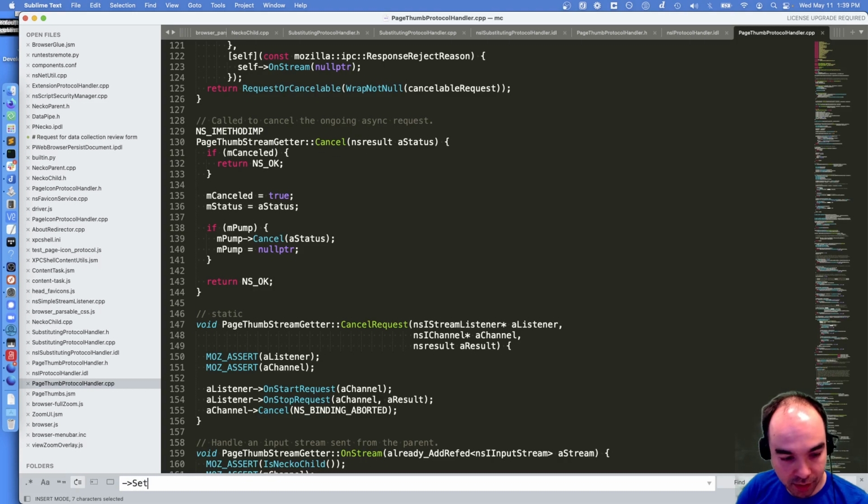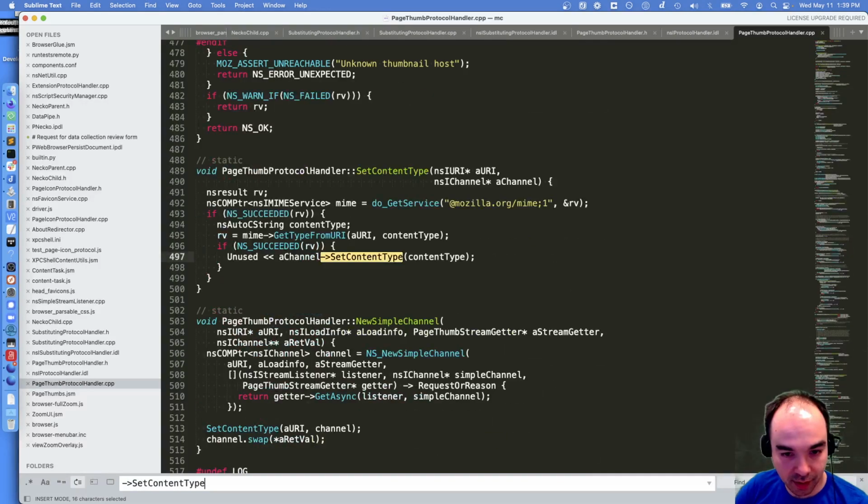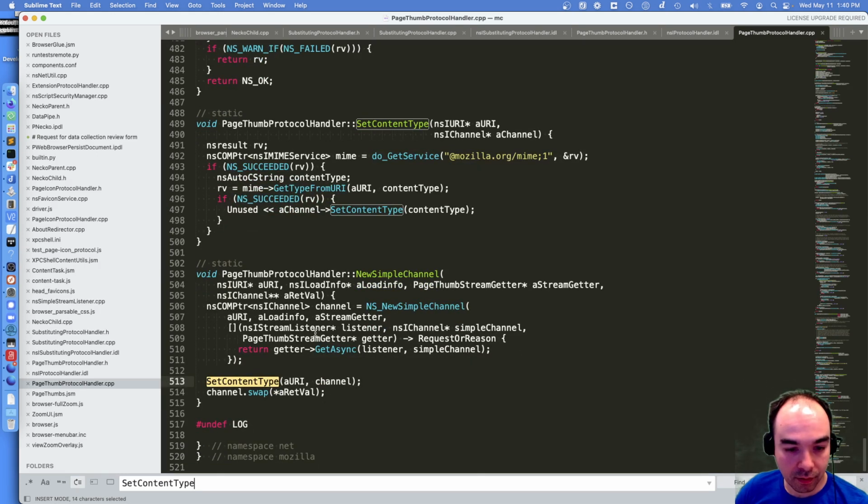Do we ever, out of curiosity, set content type? Page thumb protocol handler, set content type. New simple channel, set content type is content type, which is get type from the URI. We just use the URI to figure out what the content type is.